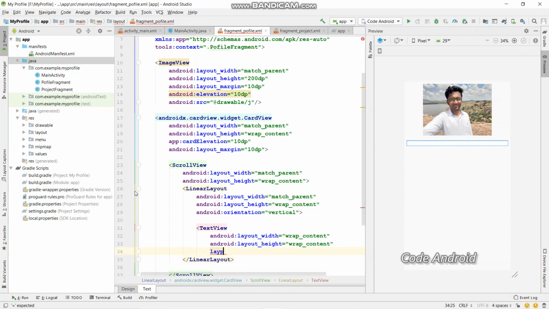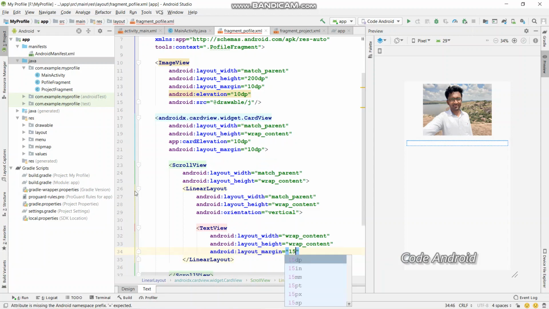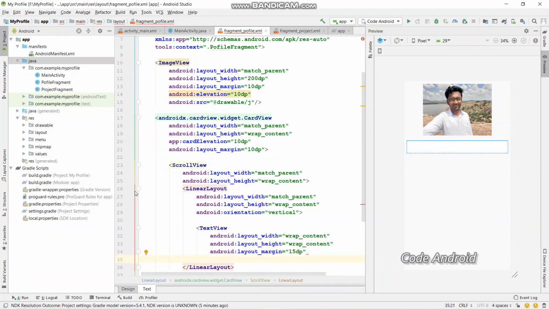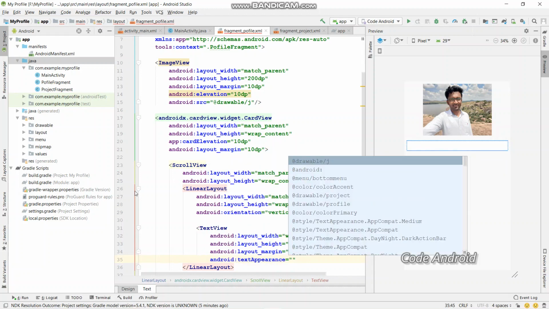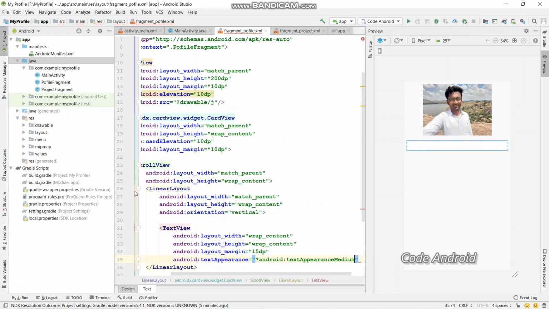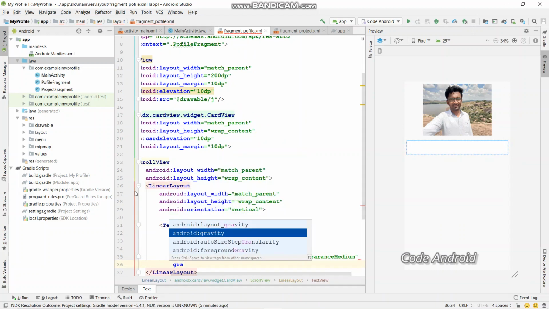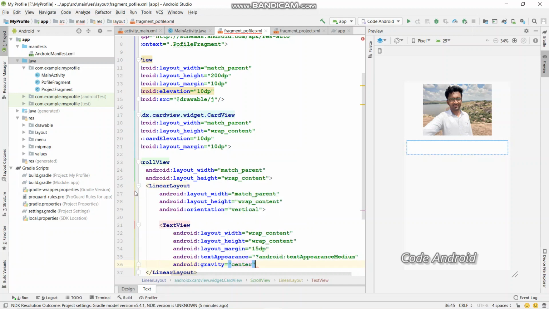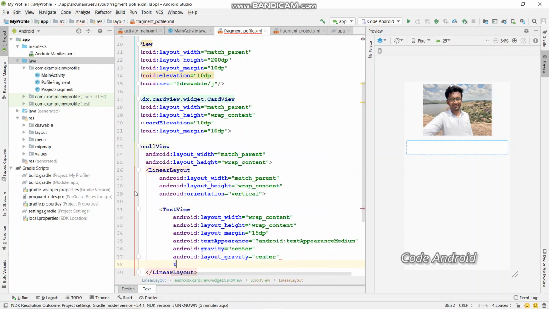Add the layout margin as 15 dp and text appearance be medium, and apply gravity center, and also the layout gravity center, and the text be